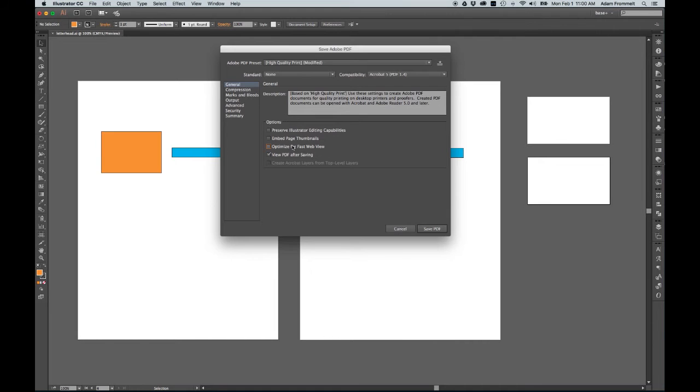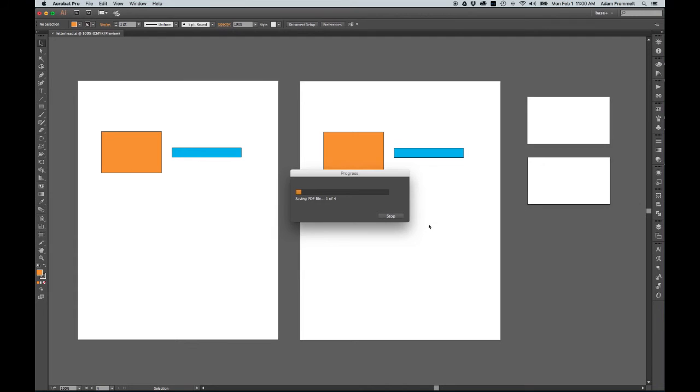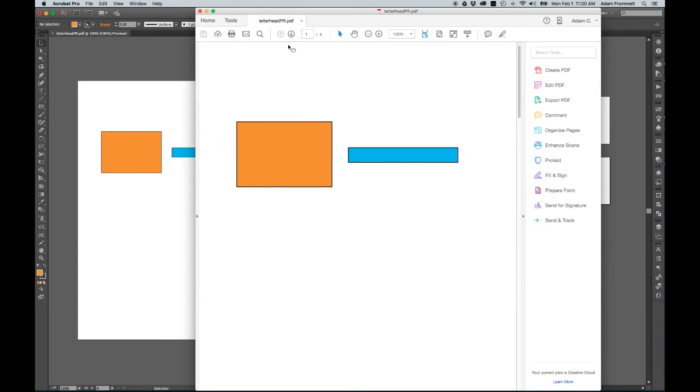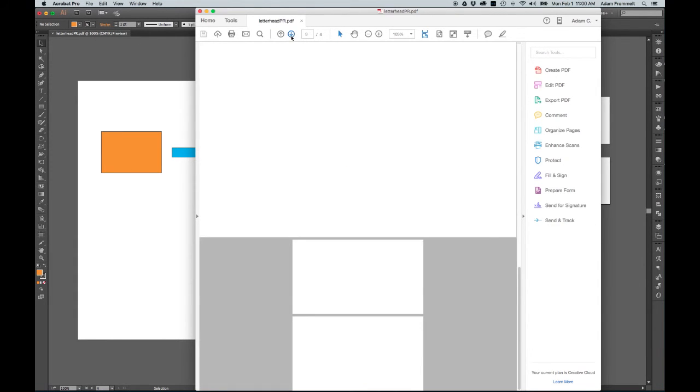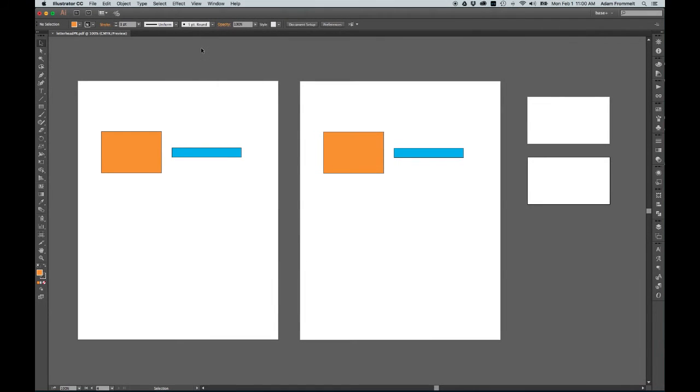I normally uncheck. And I always like to view my PDFs after saving as a double check before I take things to print. So I'm going to go ahead and hit Save. You can see it brings up Acrobat. I can scroll through my different pages, close that, back to Illustrator. You'll notice that the current document tab is now the letterhead